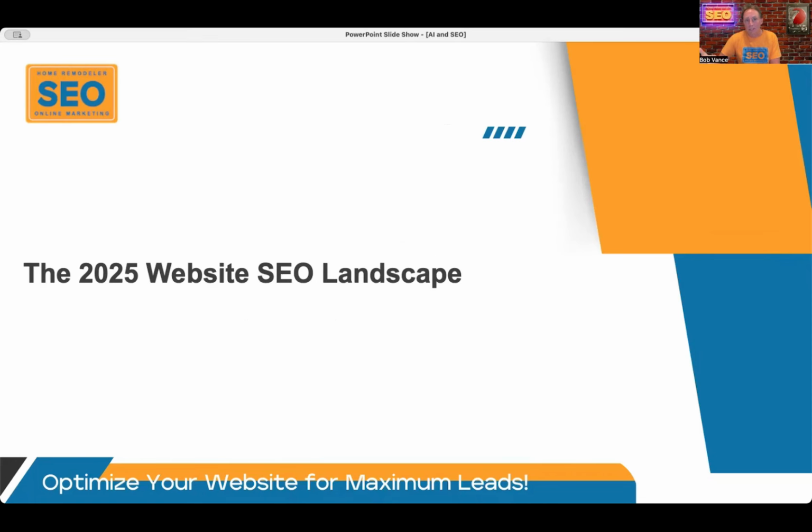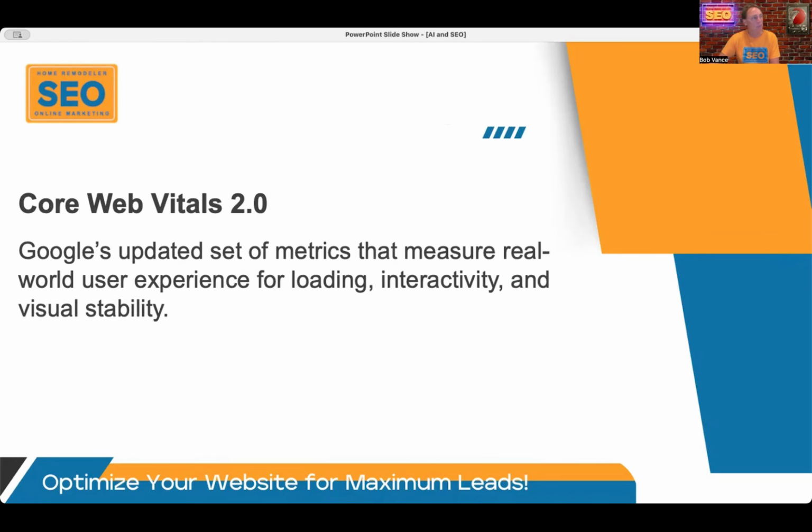And so let's talk about that 2025 landscape, what we're dealing with when it comes to these changes with AI. One of the biggest things that you really need to be paying attention to are your core web vitals. If you think about the human body, you think about your heart rate, your glucose levels and your blood pressure, things like that.